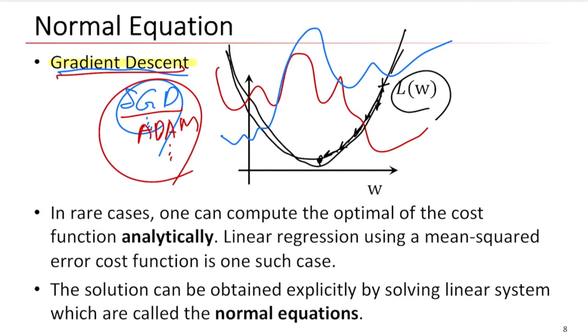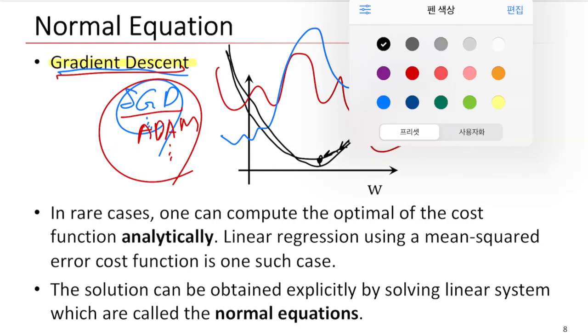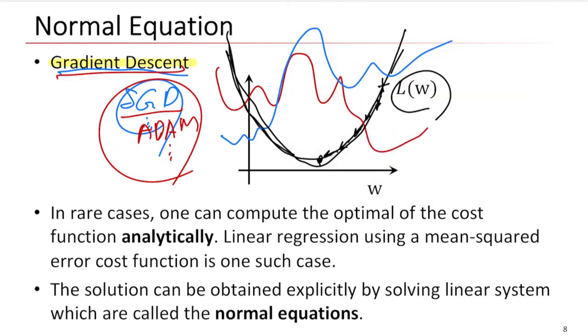Anyway, what if the cost function looks like this, just the convex case? In this case, actually, it's a very rare case. If the cost function looks like this, we can compute the optimum of the cost function